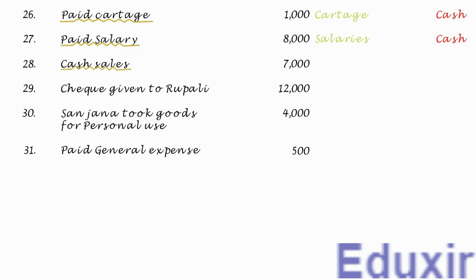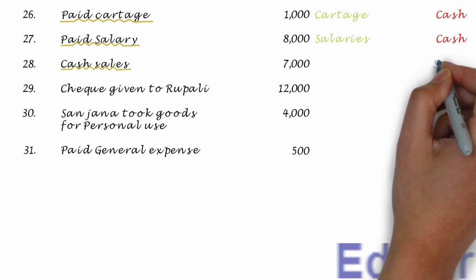So, in this transaction, there is a sale taking place. As you know, the sales generate revenue for the business. In other words, in this transaction, the revenue of the business is increasing. The rule to record the revenue generated is to credit the corresponding revenues account. In this case, the sales account should be credited.